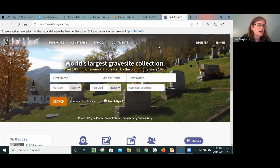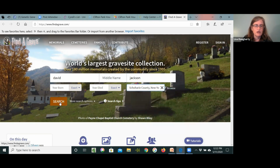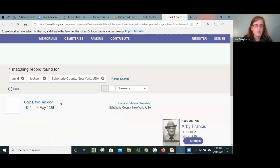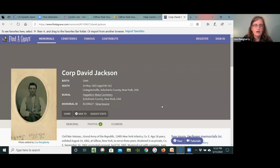Now, there are things on here like ancestor biographies, there are obituaries, there are actual cemetery records that have been transcribed and uploaded to this website. So there's lots and lots of content on here. So just as an example, I'm going to put another ancestor of mine in here, another great-great-grandfather, and I know that he lived in Schoharie County, New York, so I can narrow my search down. And when I search for him, I find that he has a memorial, and it has a picture,